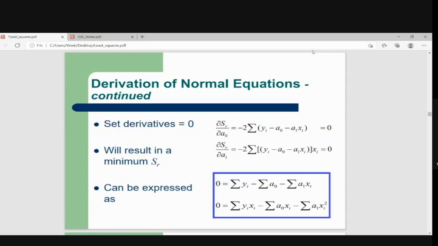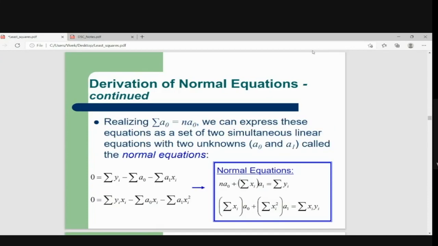And now this partial derivative I put equal to 0 here, and based on these values I'll get these equations. So if I take this sum inside and then put it equal to 0, then you will see that this value will come from here and this is also coming in this form. And then if I take these values yi on the right hand side and xi into yi on the right hand side, I will get this value. So this is n a naught. So what is the n a naught? Why from here it came? You see this value.